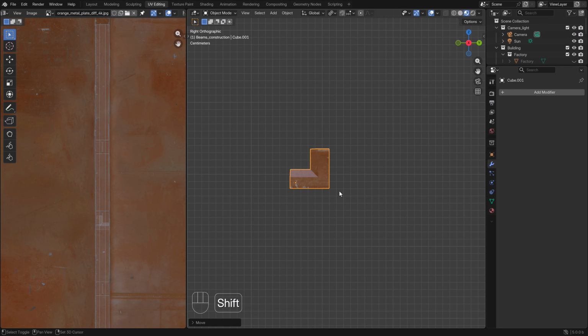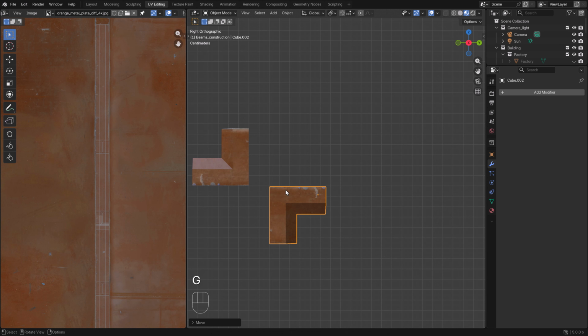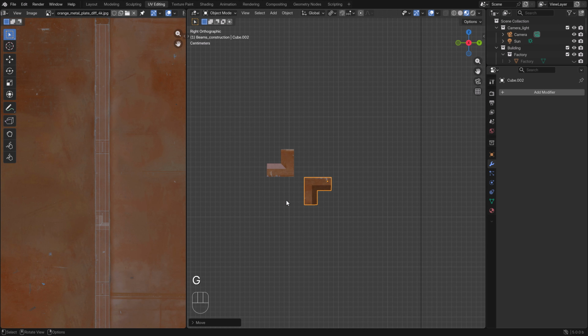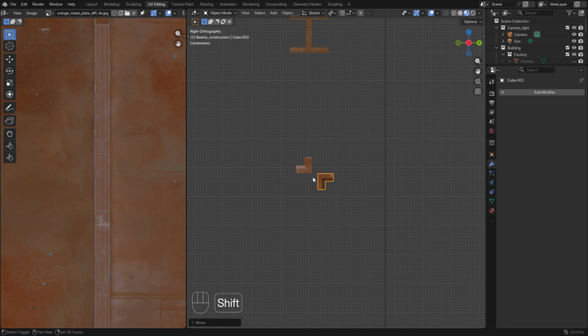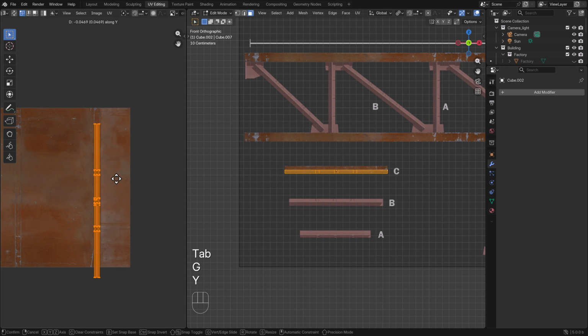and we duplicate it, Shift D, and we rotate it like this, holding Control. And I want 2 Blender grids between this, like this. So we go to the front view, and the first part is ready. What I like to do is just move these on the